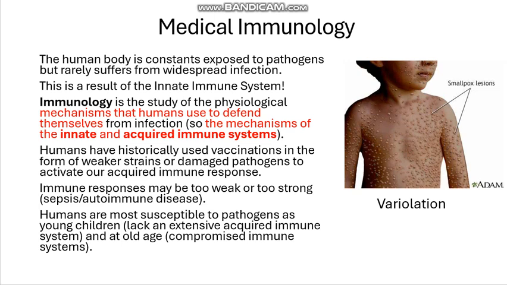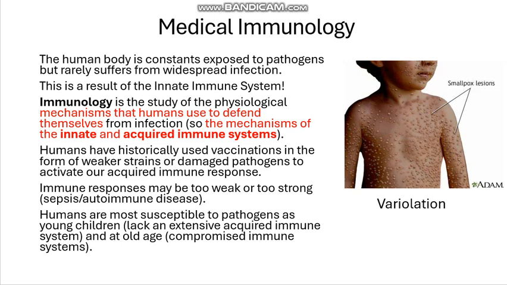So humans have historically used vaccination in the form of weaker strains or damaged pathogens to activate our acquired immune systems. So for the example of smallpox I put on the right,